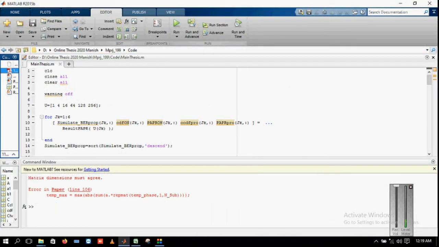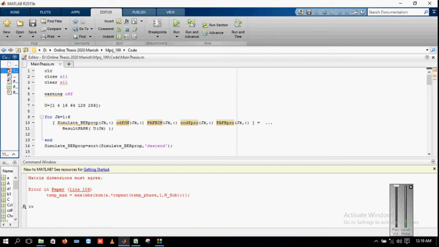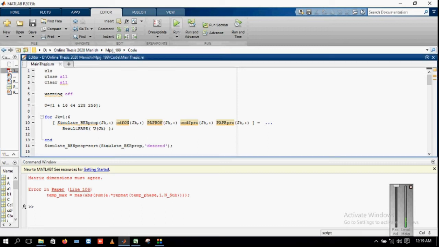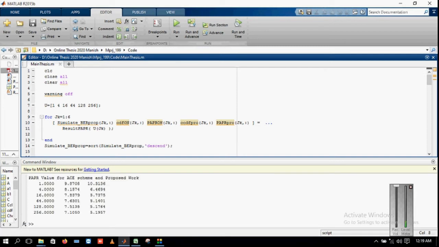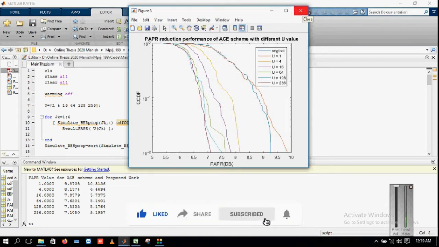So you can see we have both the codes, the paper code and the main thesis topic code, right? I'm running the main thesis named file only, because this is for research purposes, for thesis purposes. That's why I gave it this name, the main thesis file. When I run this code, it will process the code and also get the results from the paper module and do the comparison, where the PAPR reduction is shown by the proposed technique, the ACE technology hybridization. So you can see the bit error rate performance by varying u, the PAPR reduction with respect to